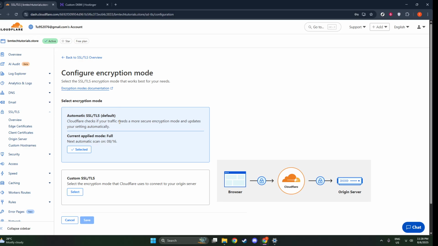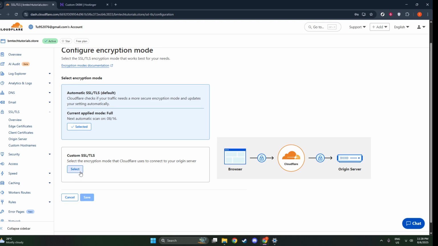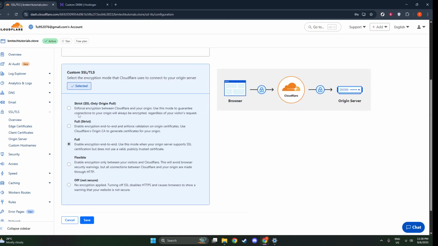The first option you'll see is called Full Strict. This mode offers the highest level of security by requiring a valid SSL certificate on the server where your website is hosted, otherwise known as the origin server. Choosing Full Strict ensures that the data is fully encrypted, both to and from Cloudflare, as well as between Cloudflare and your origin server. This effectively secures your traffic end-to-end. If you have a valid and up-to-date certificate installed on your origin, this is the best choice to go with